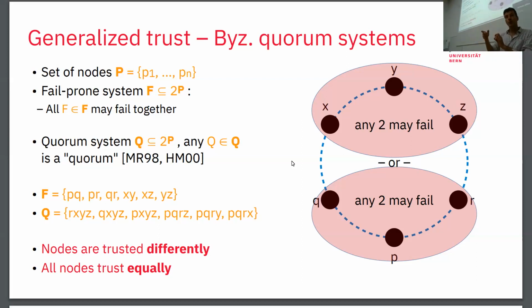Then I can still do a so-called Byzantine quorum system because I have no 3 of these colluding sets that will cover the whole space of 6 participants here. So that's the example of this generalized quorum system according to the literature of Malkhi, Reiter, and Herlihy-Maurer that I'm listing here briefly. Here is the so-called fail-prone system F and the corresponding quorum system Q. Each element of Q is a set that has the power to decide.